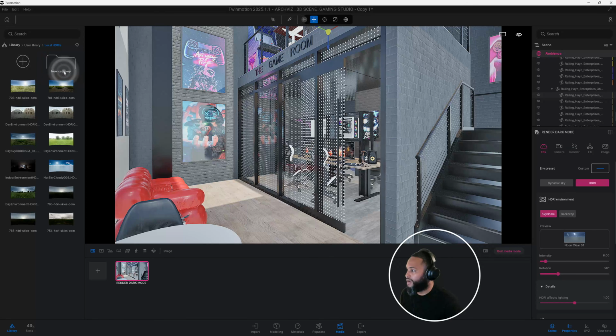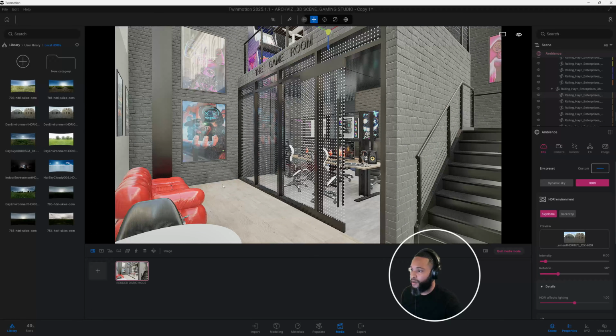We're going to go to our local HDRI, and I use day environment, and this day environment I use the 8K. So you see I have two different kinds. They look the same, but one is a 12K and one is an 8K. We're going to use an 8K just for the sake of time. And you know, when you're trying to render something that has higher quality, it takes more time to render, and your computer starts lagging. But we're going to use 8K, so we're just going to drag and drop here,